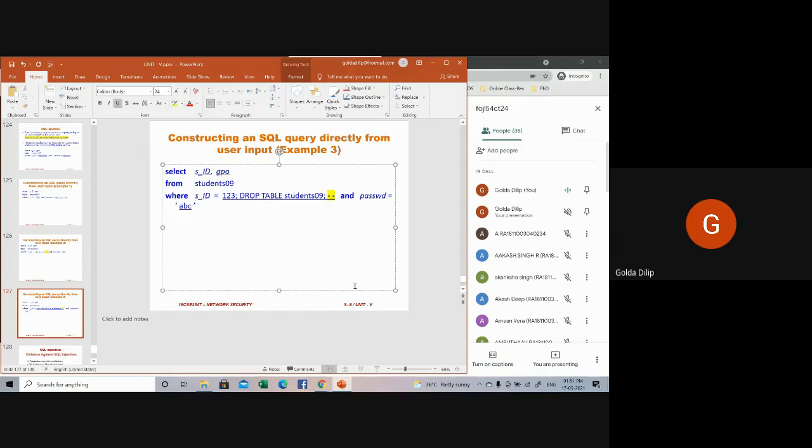This statement will cause the entire table named student 09 to be dropped from the database. So these are all cases of SQL injection attacks.